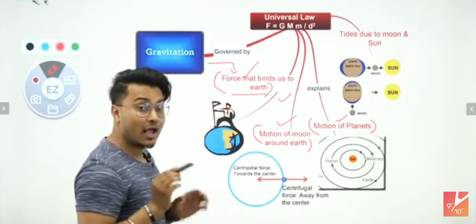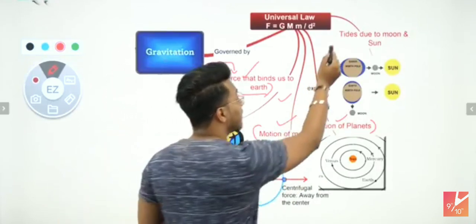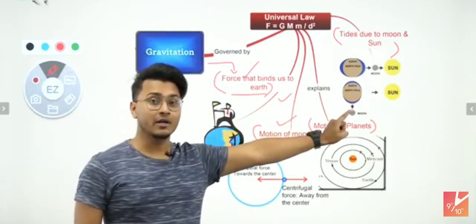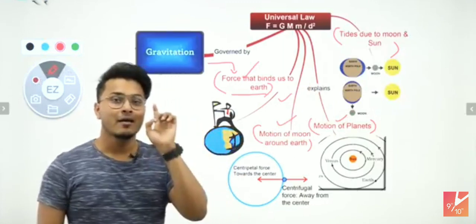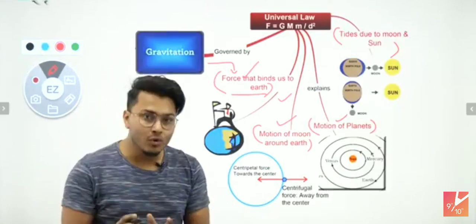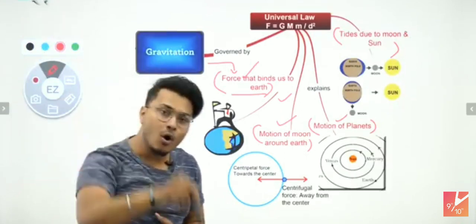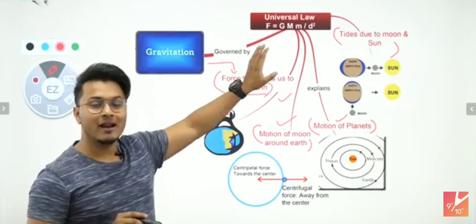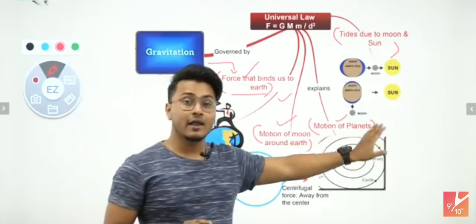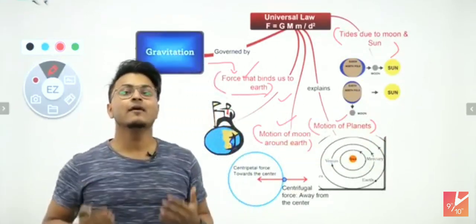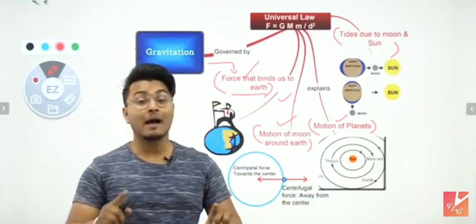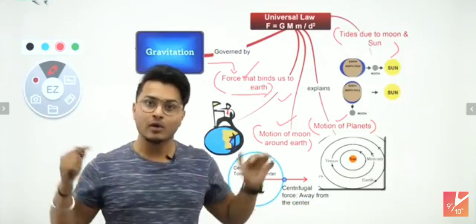These are the applications, and there is one more very interesting application, that is nothing but the tides. The tides, very important. This question can come in your examination right now. The tides on our earth are also caused due to the gravitational effect or gravitational force of the moon and the sun on earth. Because in a while we will study what gravitational force is. We'll understand that in terms of a mathematical equation, and you will also understand that if earth is applying a force onto everything, everything else also applies force on earth. Absolutely true. And the force is absolutely equal.